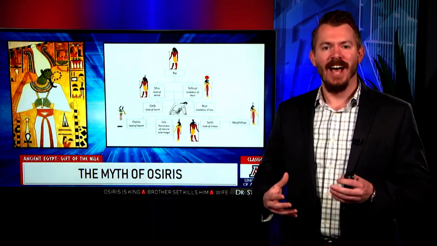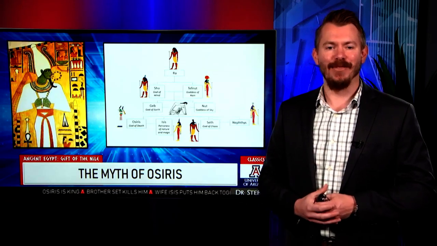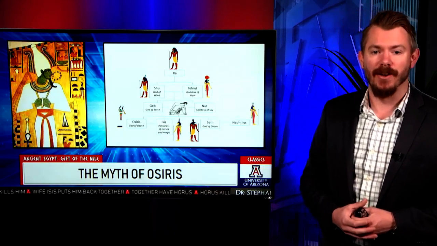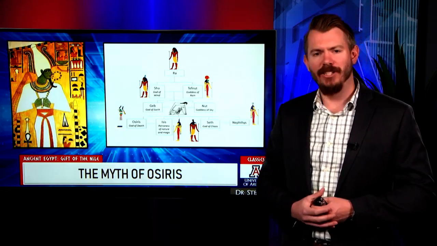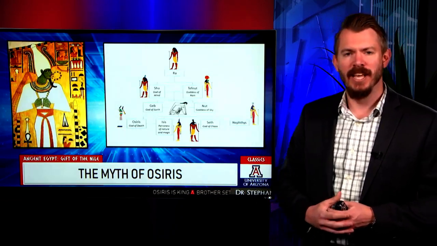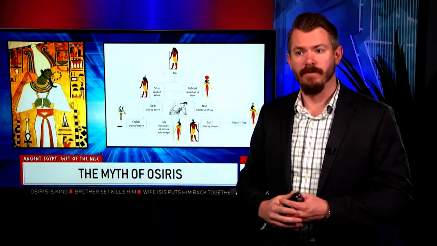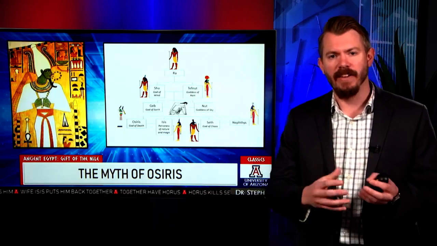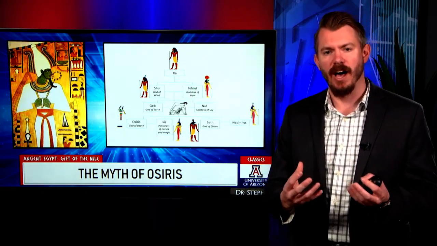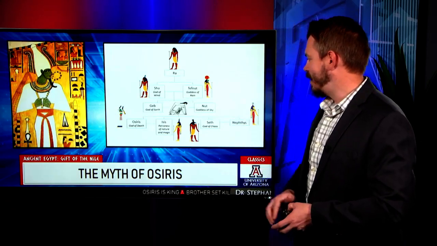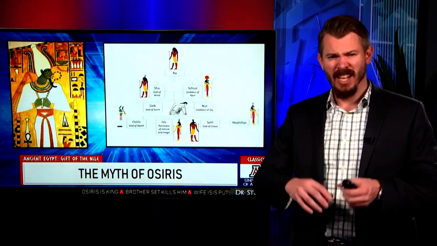Now, Horus is out there for revenge, to avenge what happened to his father. And so Horus challenges Set, and after a series of epic battles, Horus eventually wins. And so now Horus becomes the god of kingship in the overworld, the normal world. Osiris remains the god of kingship in the underworld, the god of death there. Isis remains the queen of the gods, and Set is put back in his place, still remaining the god of chaos.